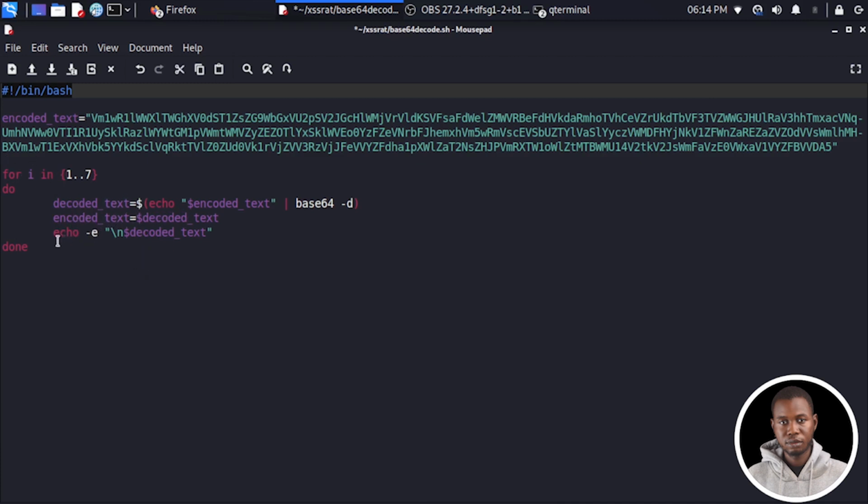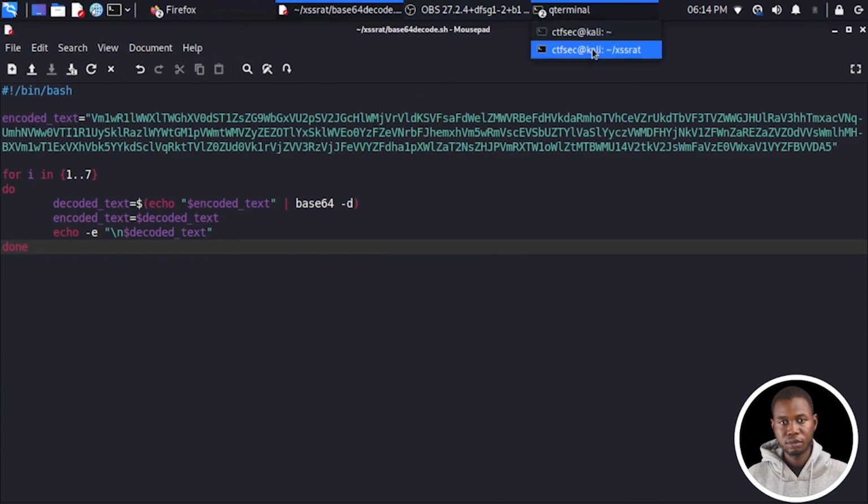So lastly, we also have echo -e, which happens to be enabling the escape character \n, so that every result will be outputted in the next line, and decoded text, which is the variable we are outputting on the screen. So what I'm going to do is to save, and after saving, we head to the terminal,